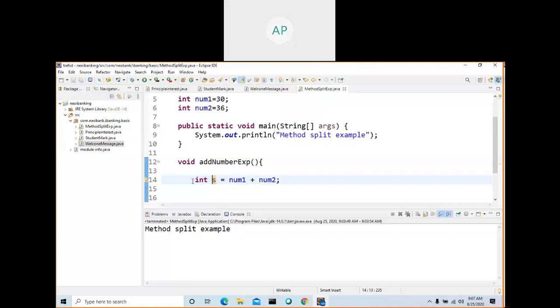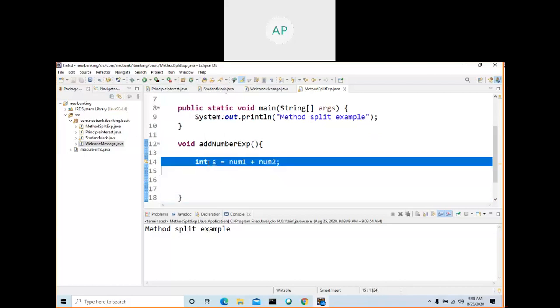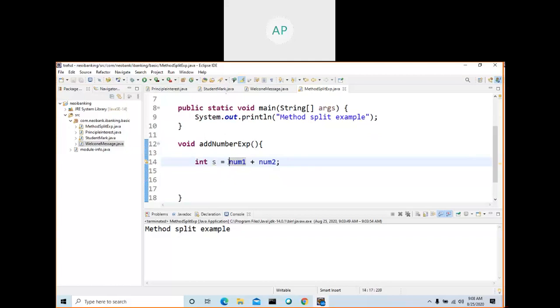Actually we have a whole number, not a fractional number, so you can make it an integer or long. See what the maximum value of integer and the maximum value of long are. Go to Google, type maximum value of int in Java, and you will get it. That's how you can learn.